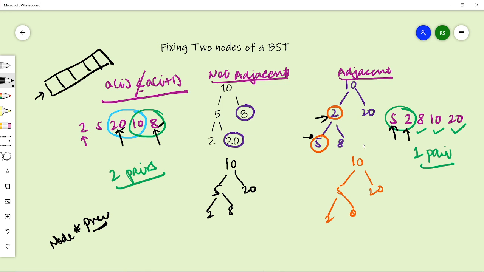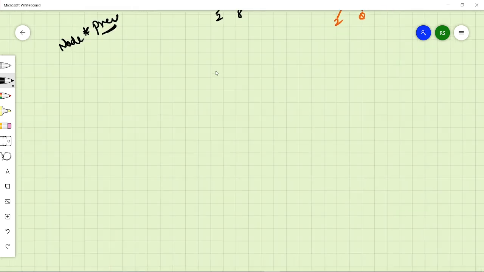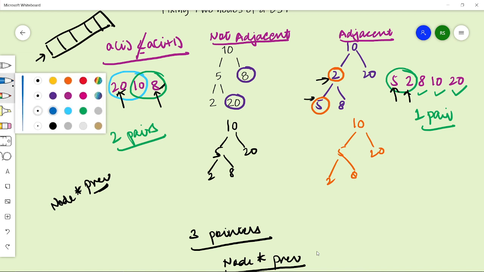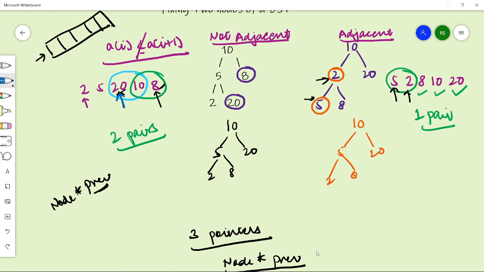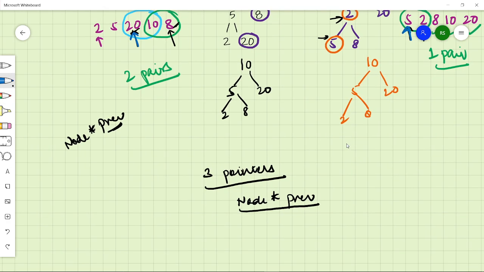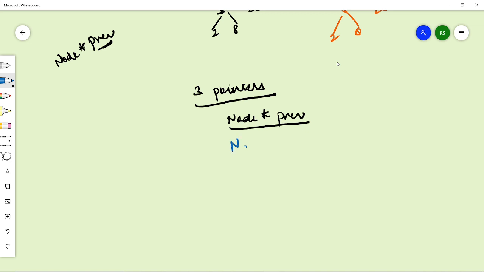So see, now for solving this question, we are actually needing 3 pointers. So what are these 3 extra pointers? First we have discussed, this would be previous. This will store the previous node. Then the second pointer would be first.